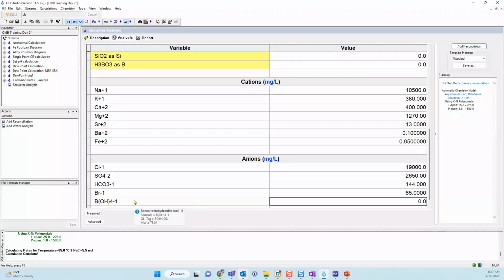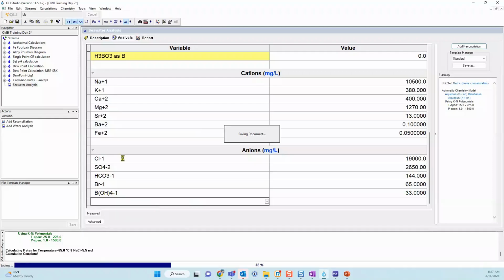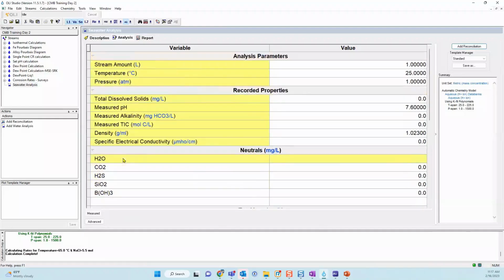Maybe I should just, in the next example, remove this because it's a little confusing. But the point with this ion here is that we can enter the different complex ions that we see in those water analyses. Okay, so that's how we enter the data. Any questions about how to enter it, what the things mean here, etc.?